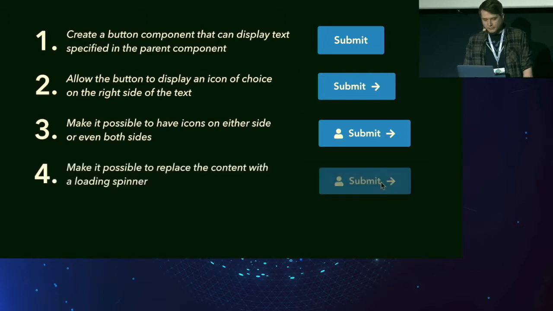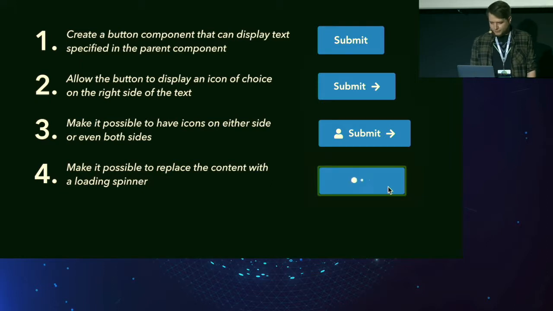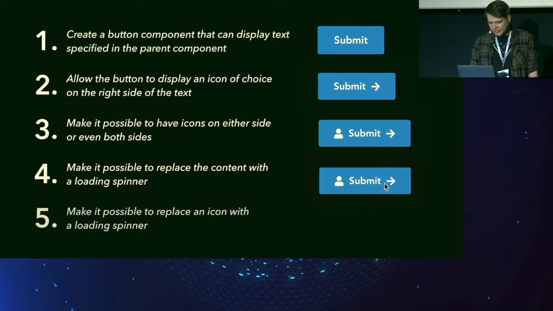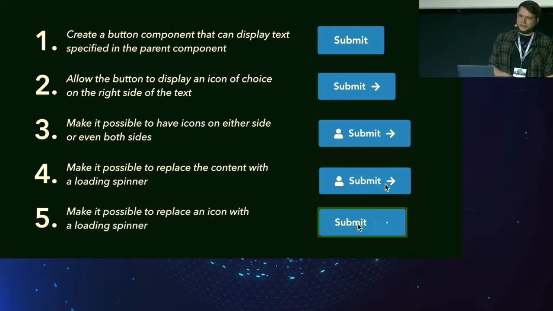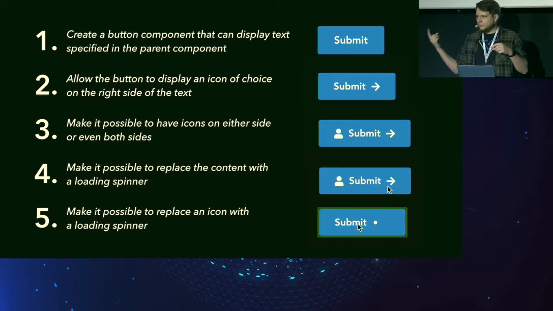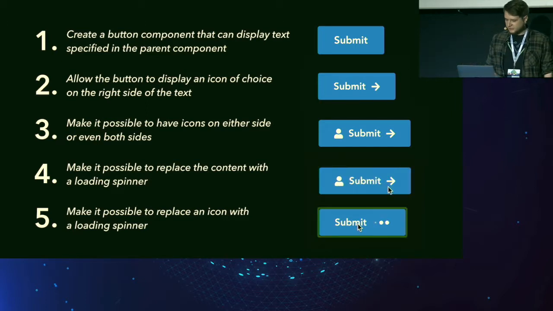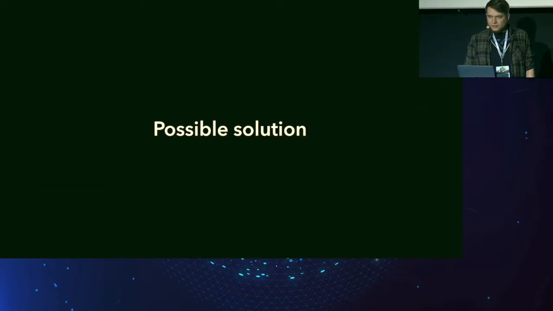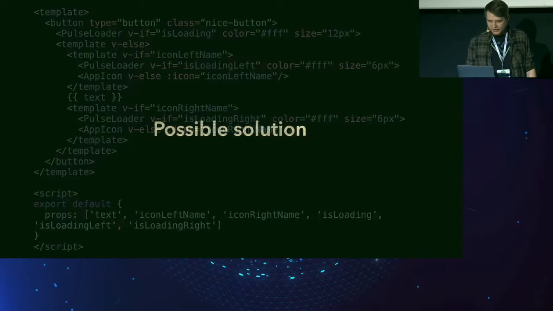But then there is another requirement, which is make sure you can switch the whole content of the button and have a spinner inside. Okay, this already usually takes some work. And there is the last requirement, which is make sure that you can also have a spinner on both icons if you want, or replace them with something. So like 90% of the people that I ask this, or let them follow this example, as in the experiment, they end up with something like this,